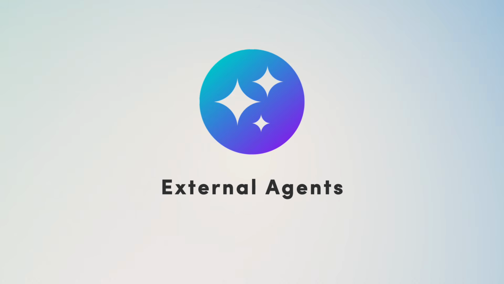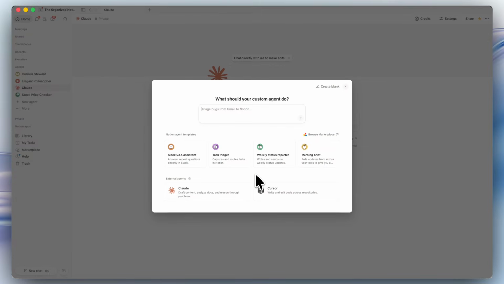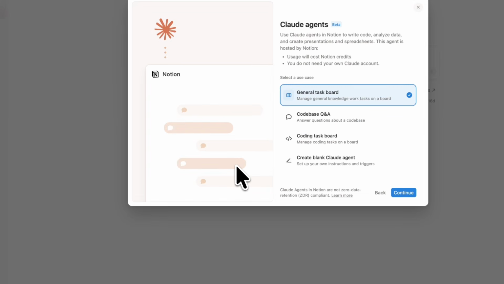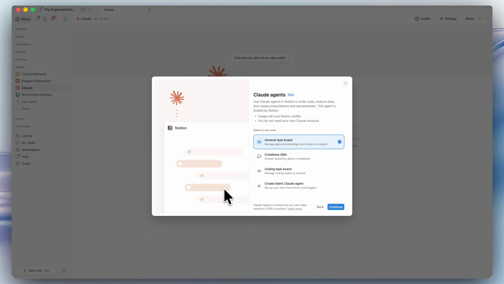The first update that I wanted to go over is the ability to now use external agents. Currently, it's Claude or Cursor that's available. External agents do use Notion credits just like your custom agents, but the main difference after looking into this would be that, for example, a Claude agent can write code, analyze data, create presentations and spreadsheets, and the agent is hosted